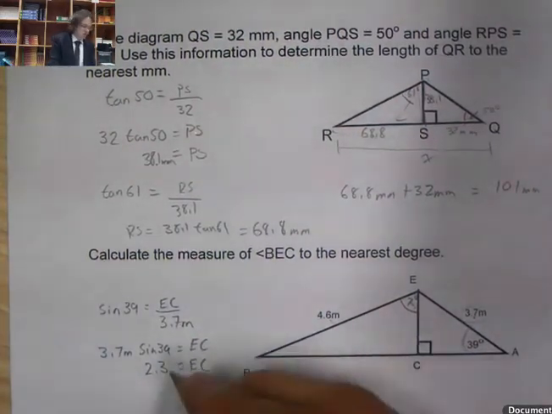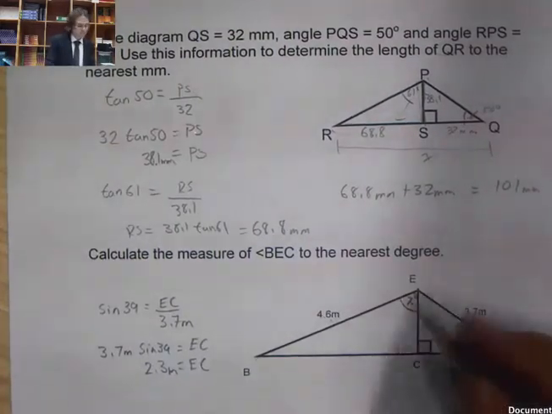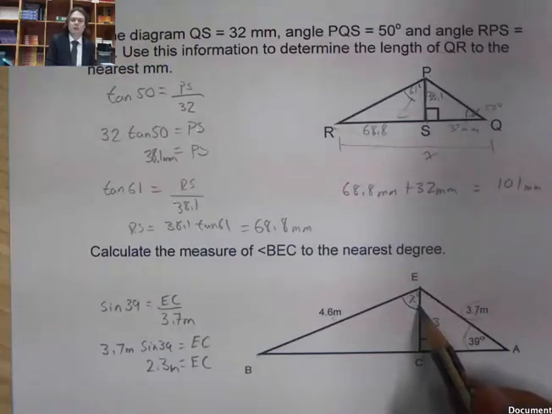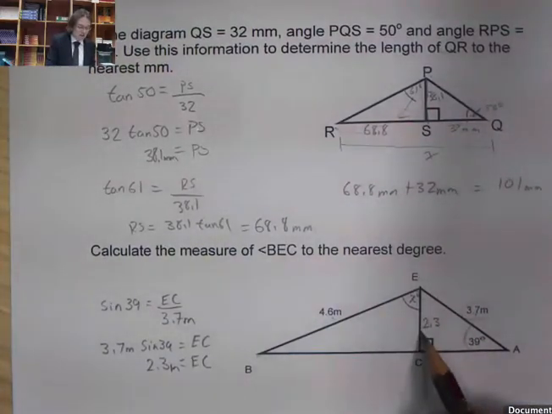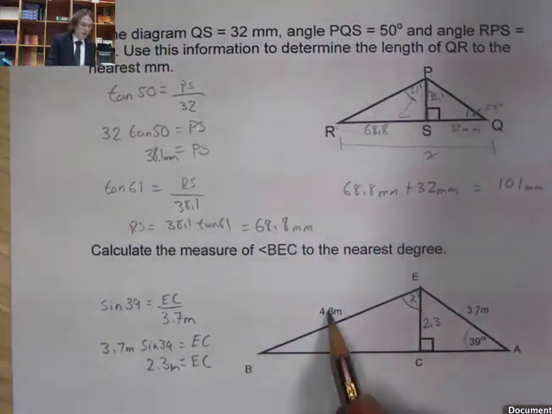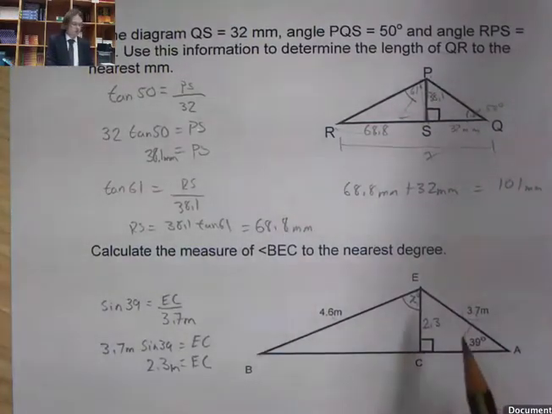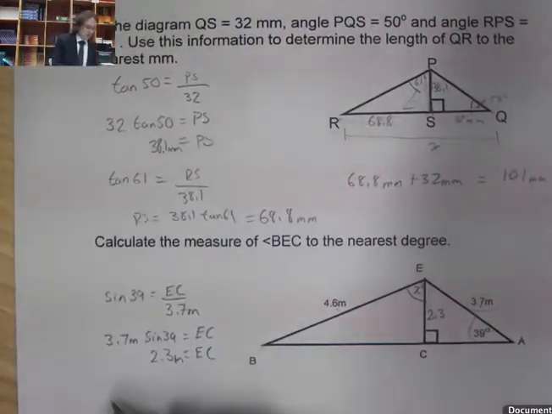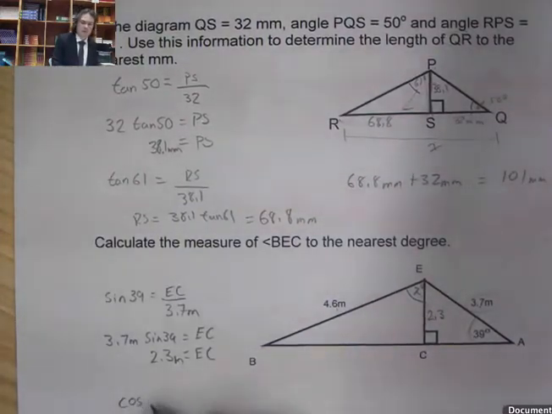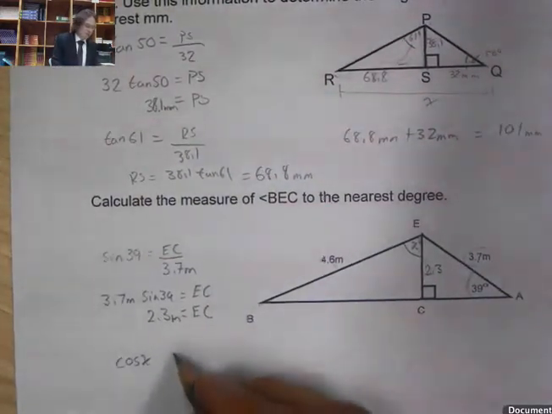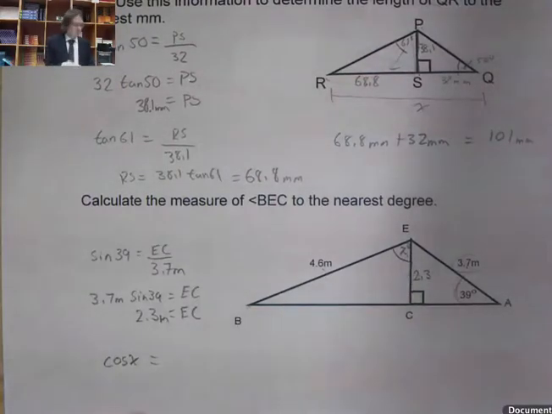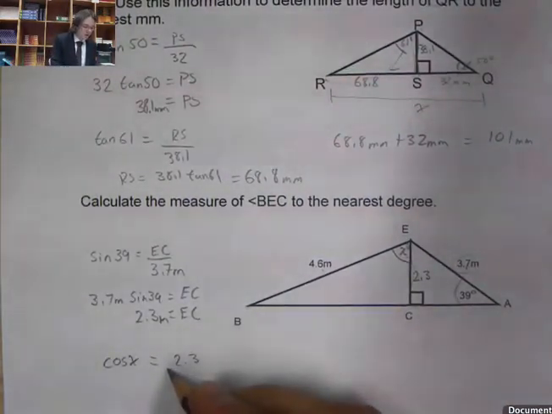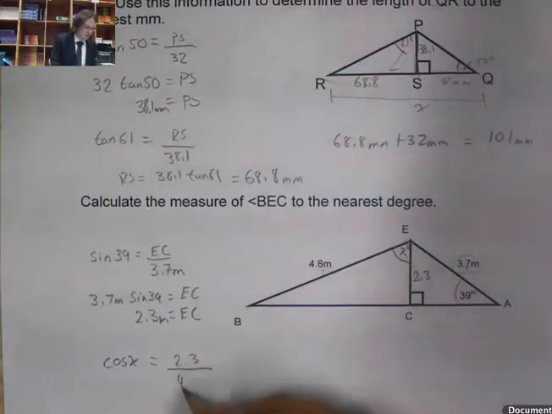Okay, so we have 2.3 meters. So we know that's 2.3. Now we want to find this angle here. And I know the adjacent and I know the hypotenuse. So if we're looking at adjacent and hypotenuse, what are we going to be doing? Cosine. So we want cosine of x is equal to, well, adjacent, which is 2.3, all over my hypotenuse of